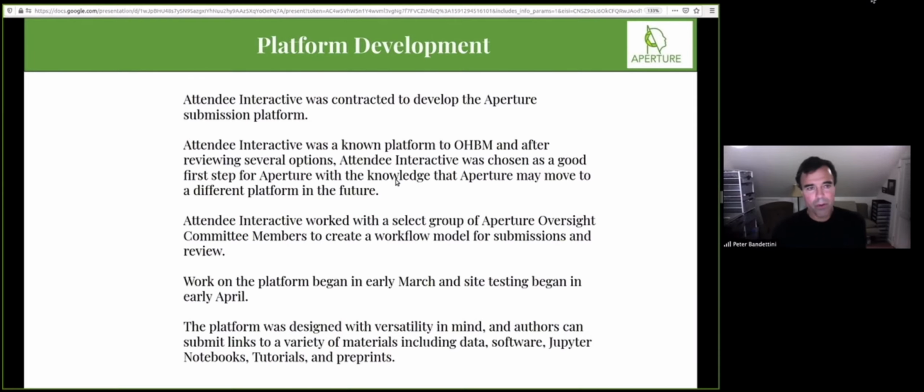Also, for anyone who submitted abstracts for OHBM, it's what you work with to submit your abstracts, and it's a good first step with Aperture, and it has a good working relationship with OHBM administration as well. So it seemed like a good choice.